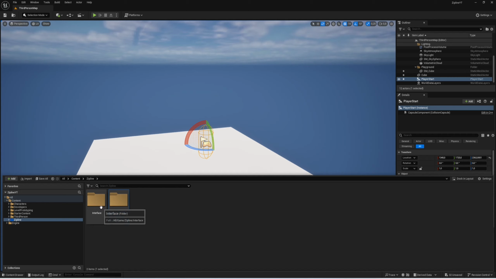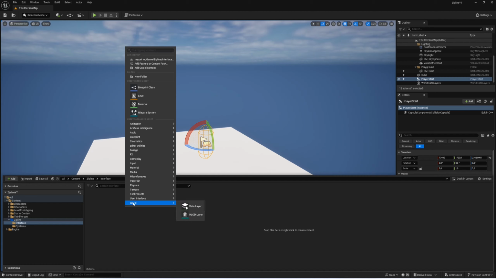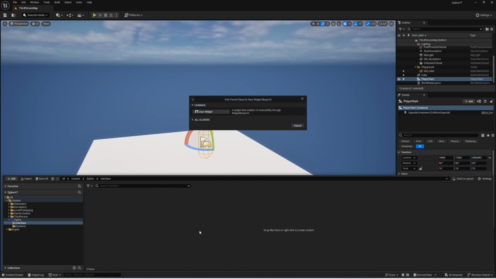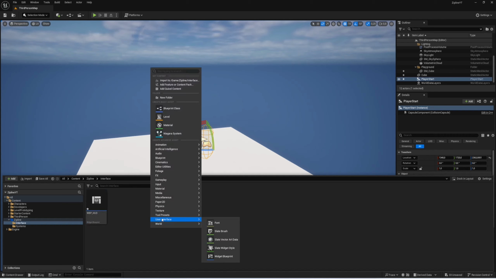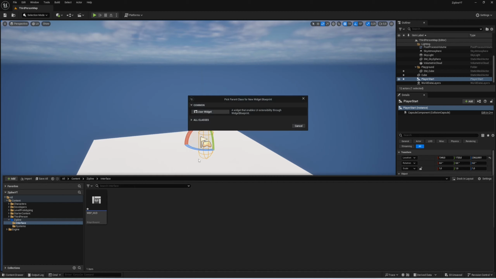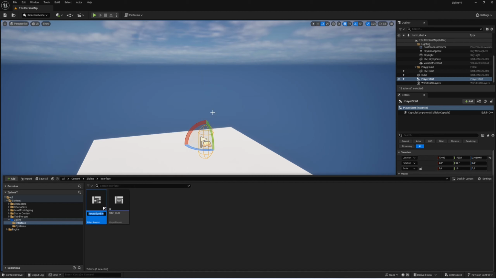Inside of interface, I'm going to right click, select user interface, widget blueprint, and use a widget. It's going to be called WBP HUD. I'm going to do the same thing again, user interface with widget blueprint, use a widget, WBP interact. Now my HUD,